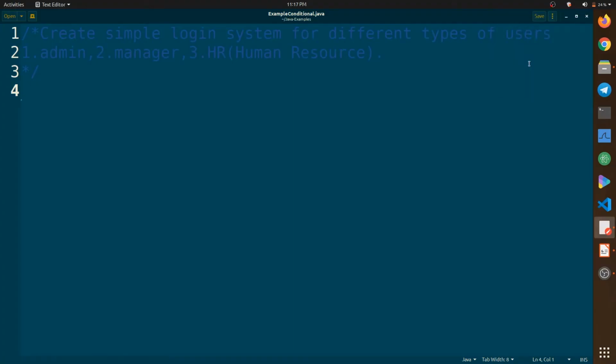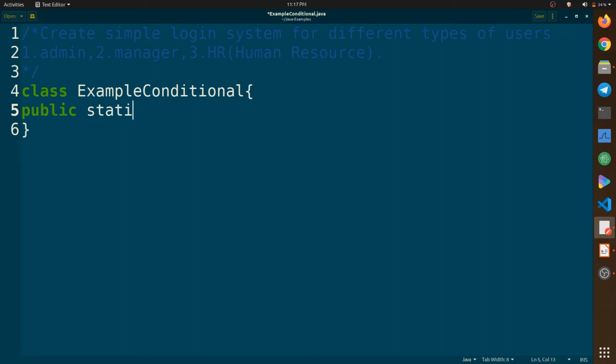Okay, so here I am at my text editor. Let's create our class first. So class ExampleConditional, and let's define our main method also.